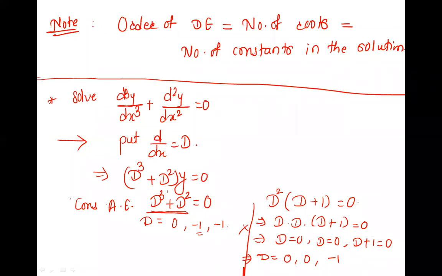If there are common terms of D, then it doesn't obey that whatever the calculator shows lastly repeats. If there is a common term, you must take that common thing out and then you can decide which one is repeating. Clear? Yes, ma'am. Good. So the roots are 0, 0 and minus 1. So therefore, y is equal to, can you now tell me the solution?